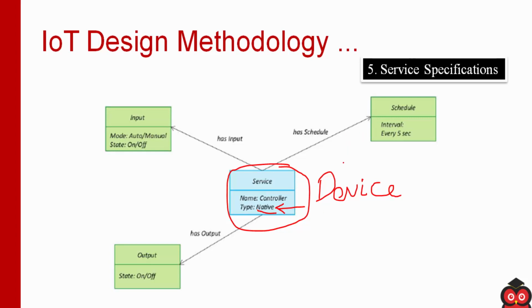Okay, and if you notice, there is no endpoint for this service. So the user will not be accessing this service directly, so this service will be accessed indirectly. When is this controller service accessed? Whenever the mode is chosen as auto mode. When the user chooses auto mode, then this service will be accessed by the application indirectly, so the user does not interact with this service directly. That's why there is no endpoint.